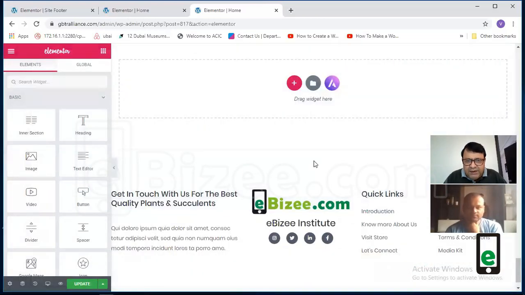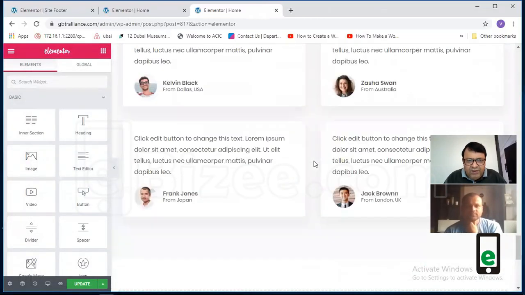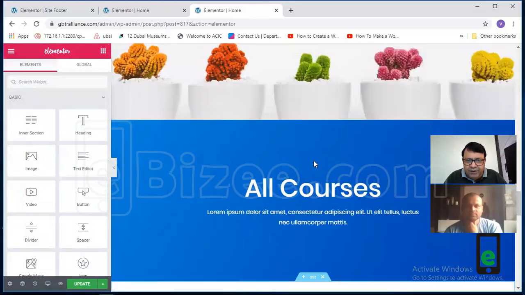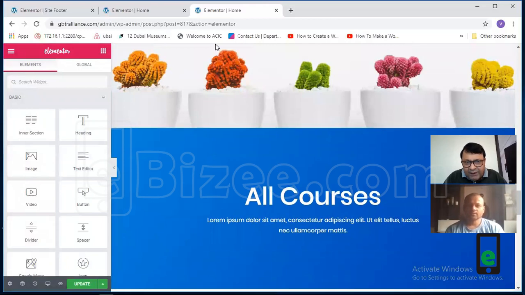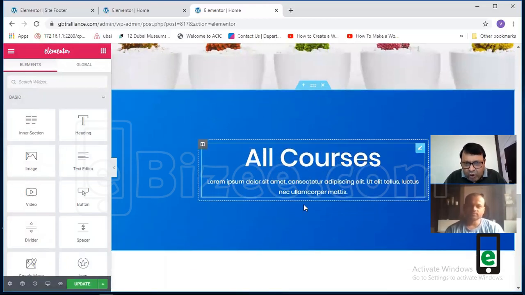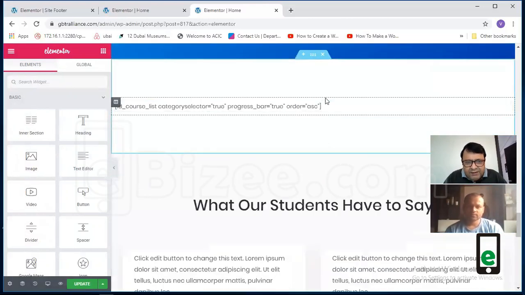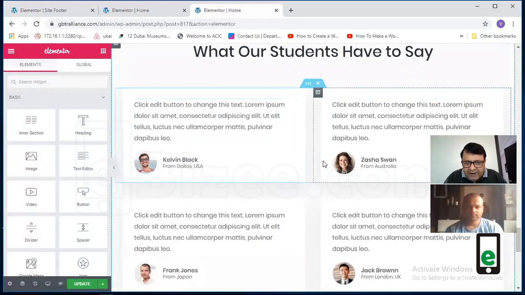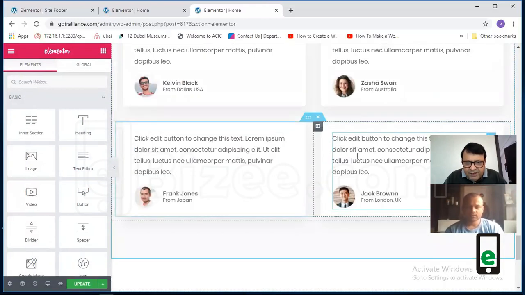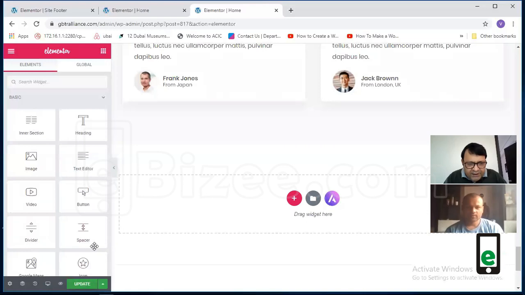Now here you can see we have added this whole code. Automatically the header has not come, because the header was already there, so it has not been added. It has added only all courses, and here it has put some dynamic page, because this will have our featured courses here automatically. And this What our students say portion is added. Can you see this? So now we will say update,